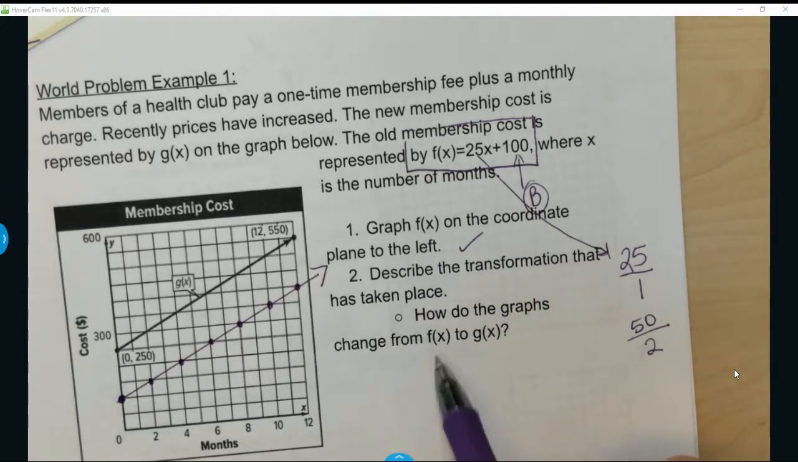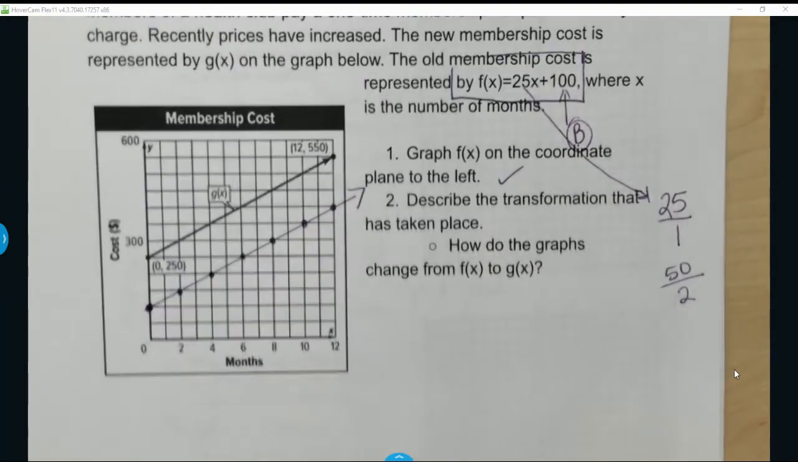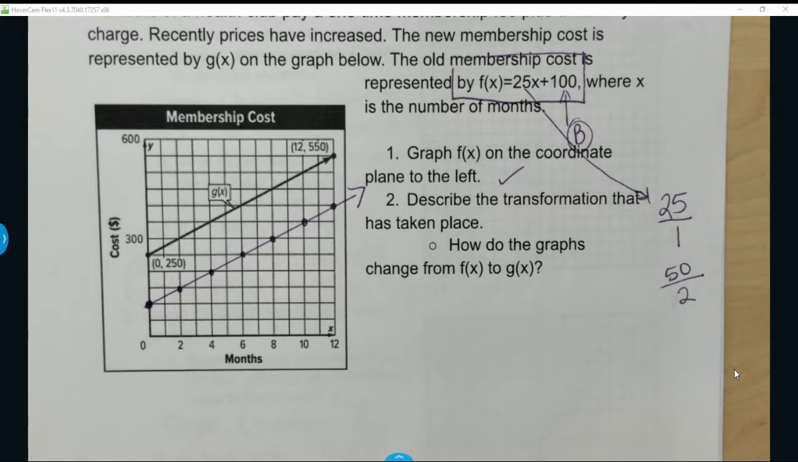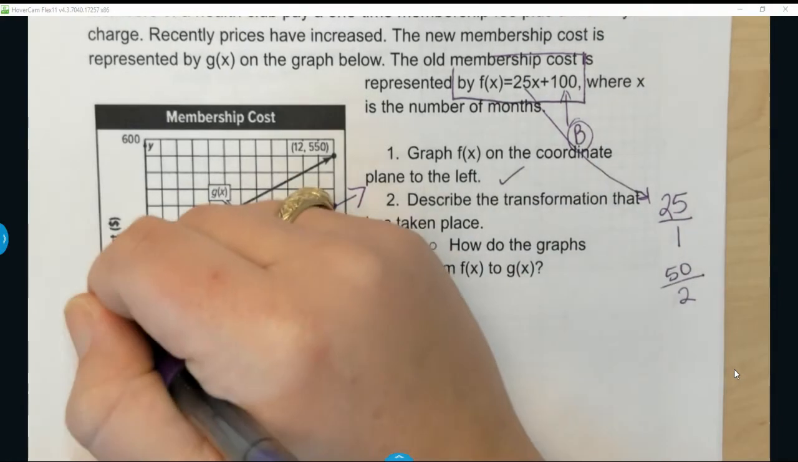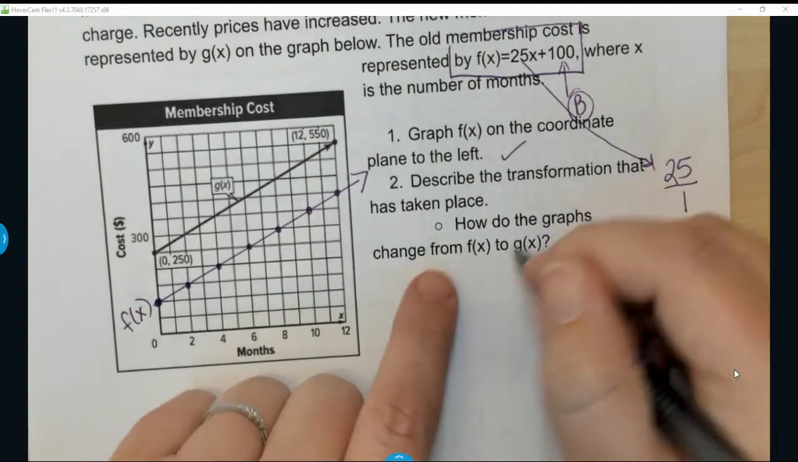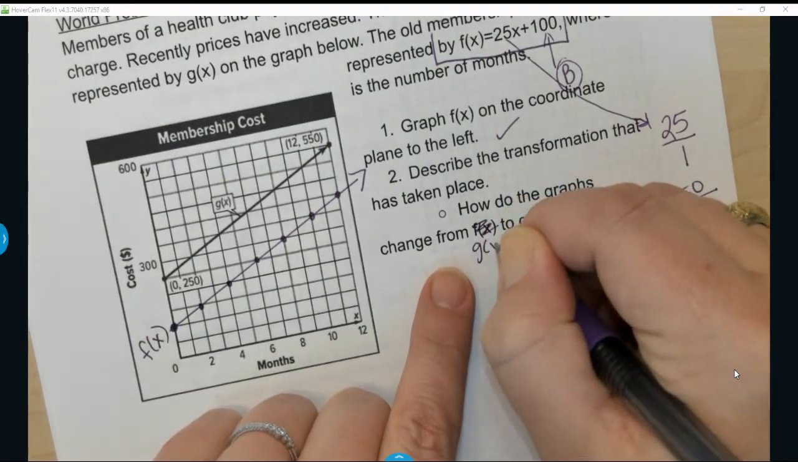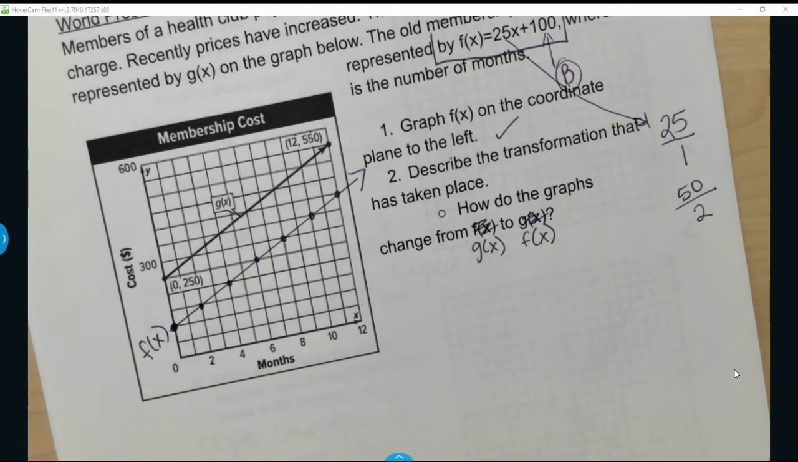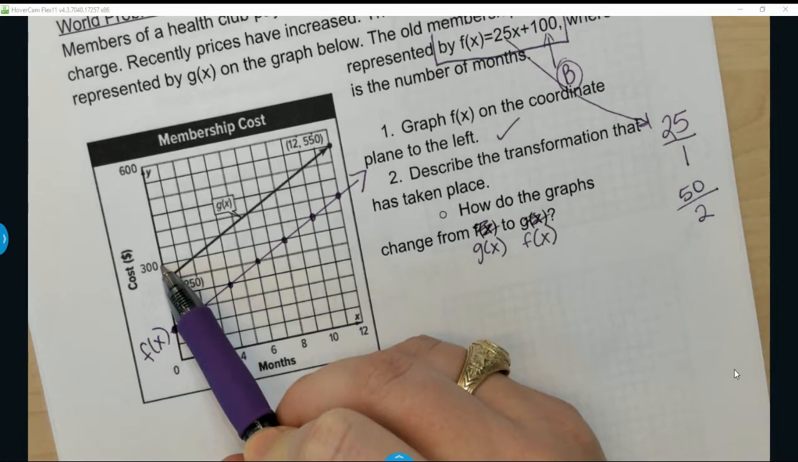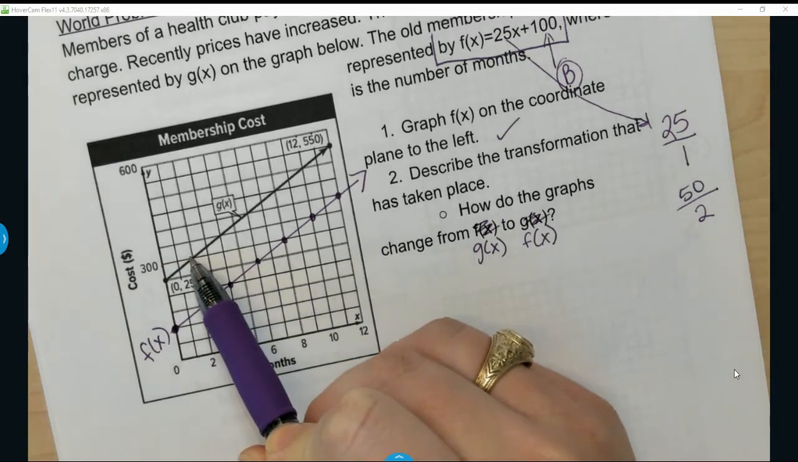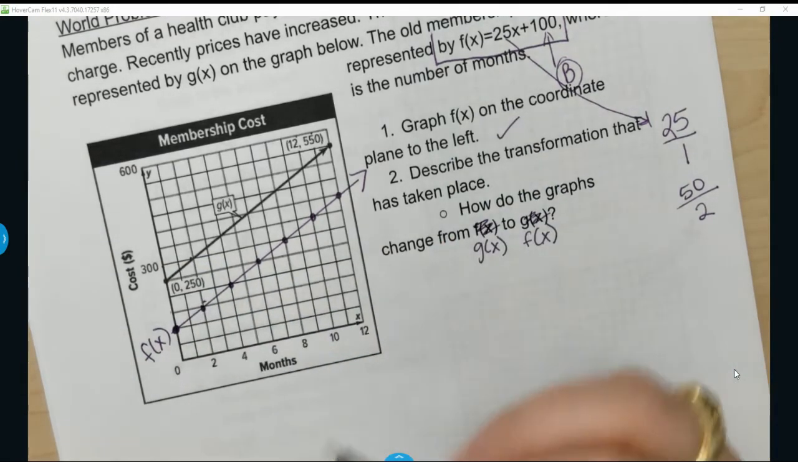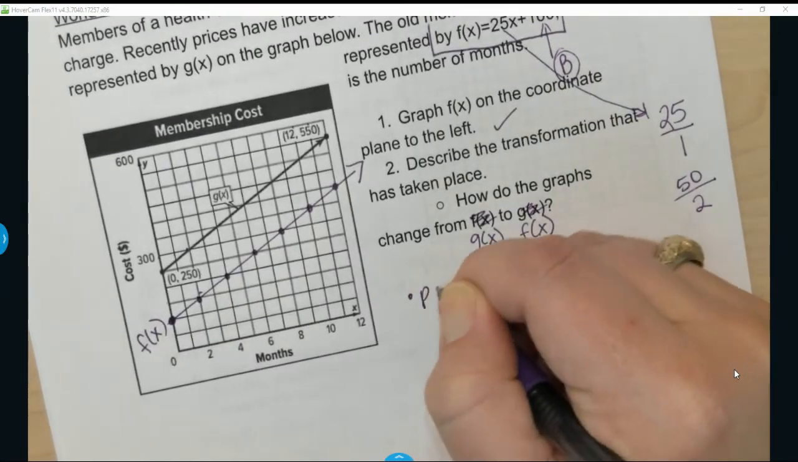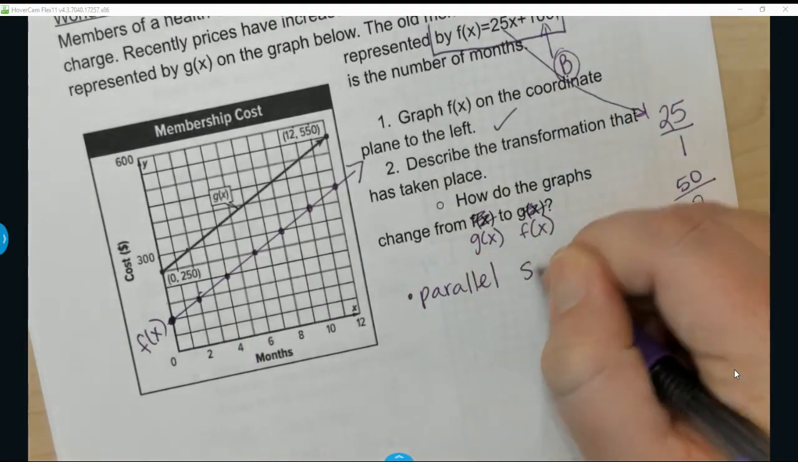Good. Describe the transformation that has taken place. So how have the graphs changed from f of x to g of x? And this was f of x. And really, if you want to think about it the other way around, probably should say g of x to f of x, in all honesty, because g of x was that original equation. So how do they change? Well, to me they look parallel, because it looks like you go up 1 over 2 notches, up 1 over 2, okay? So they're parallel lines,